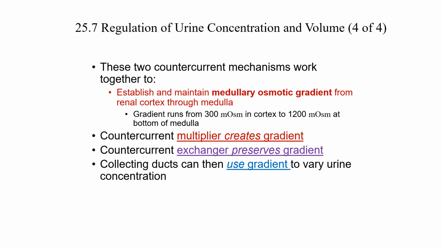So let's look at this. These work together, and they establish what's called the medullary osmotic gradient. This goes from the renal cortex through the medulla, in the interstitial fluid of the kidneys. And this gradient runs about 300 milliosmoles up toward the cortex, and then 1200 milliosmoles at the bottom of the medulla. The countercurrent multiplier creates the gradient,